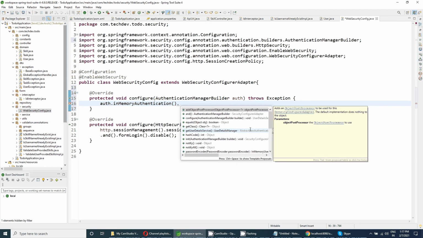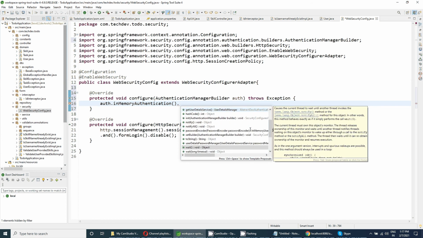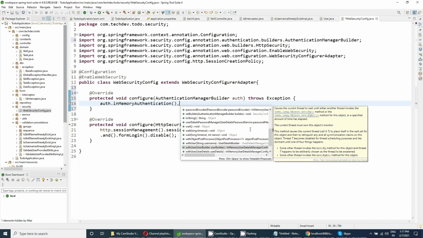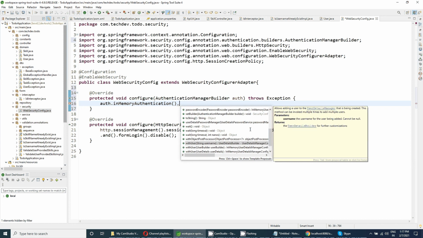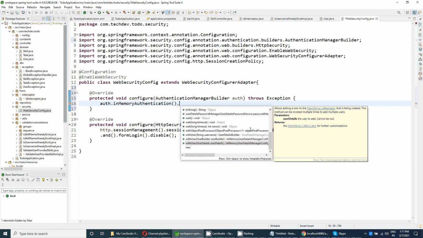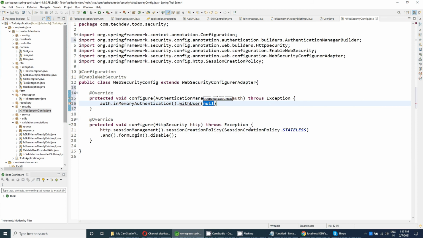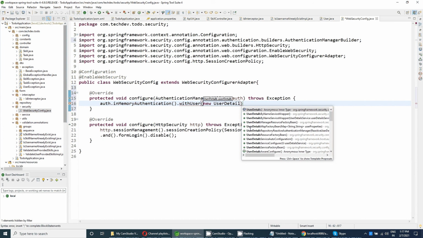Now in in-memory authentication, we have to provide the user; inside the user there is the user builder or the UserDetails. Suppose I am using UserDetails, so new UserDetails.